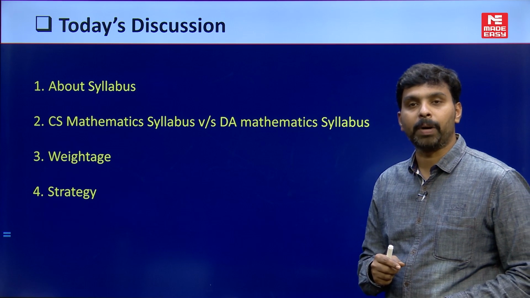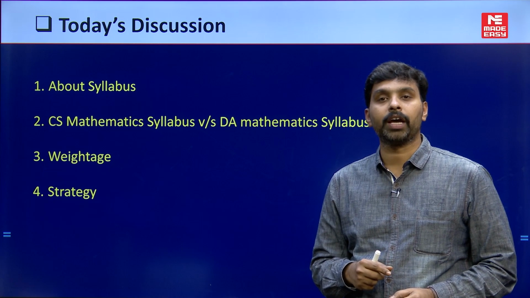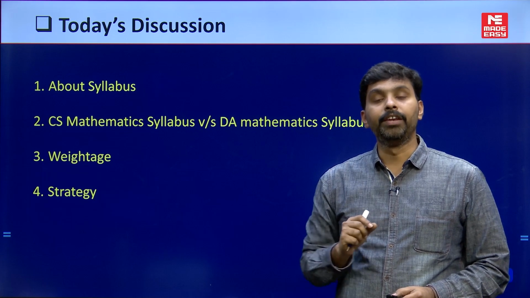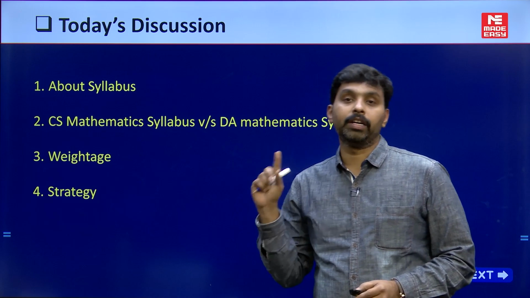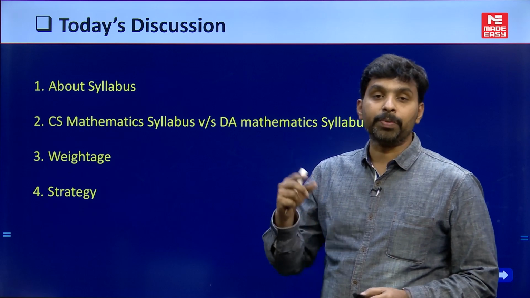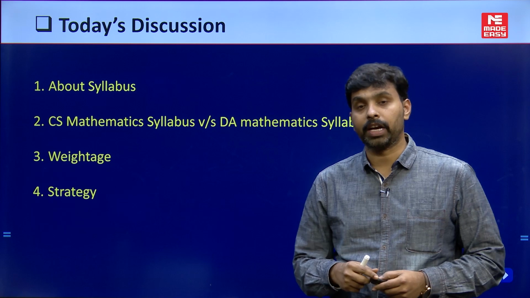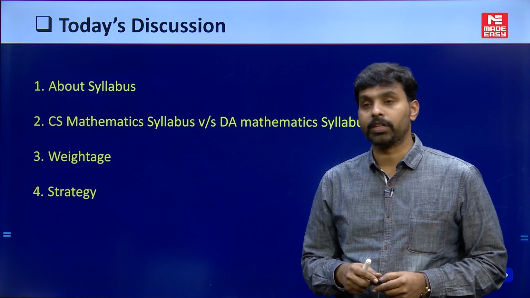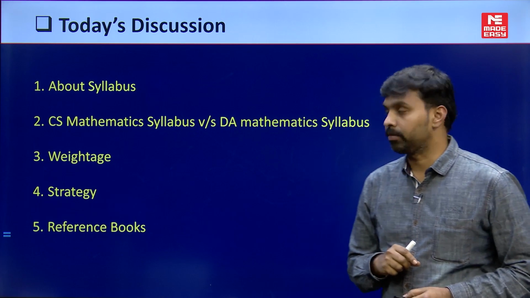And the strategy part: how to score a good number of marks, maximum marks from the mathematics side, so that it definitely reflects in a good rank. Obviously in other papers along with the DA paper. In all the subjects, in all the papers, mathematics plays a very important role. I know and everybody knows that, right? That is a rank deciding subject. Therefore your practice is very, very important in this subject, and the strategy for that I am going to discuss here.